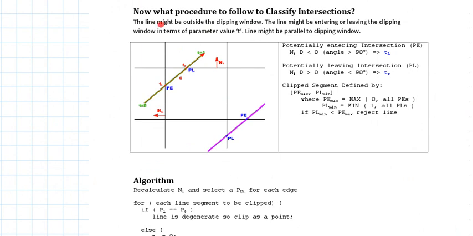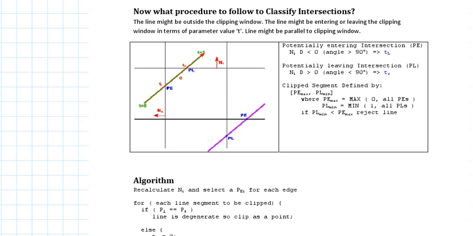The line might be outside the clipping window, as it happens in this case, the violet one. You can see that this line is completely outside the clipping window. So you have to formulate something which can handle such situations, because obviously in this case also you can